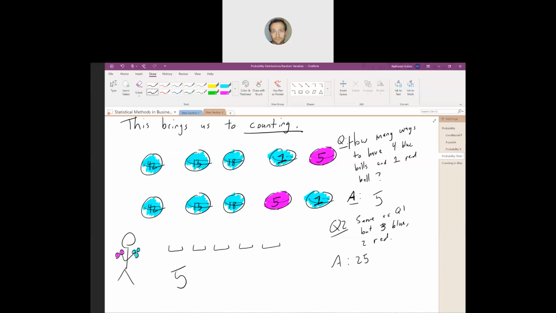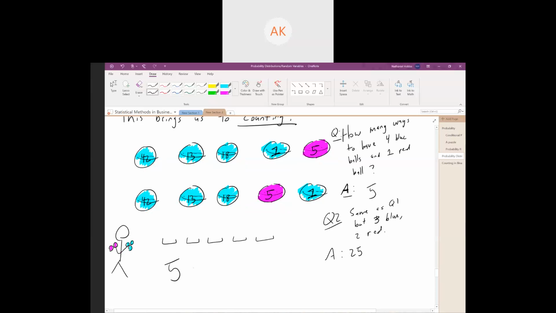Because one's taken away. Yeah. Okay. And so this is choices for first magenta, and this is